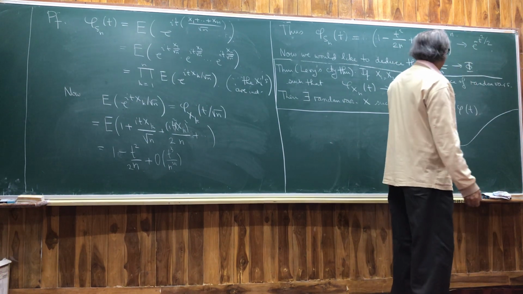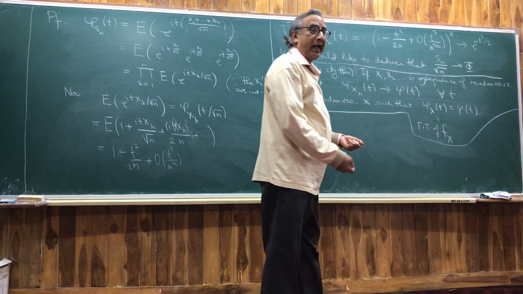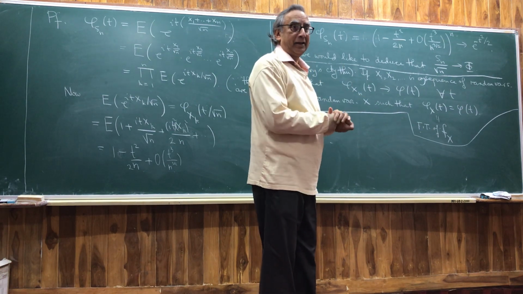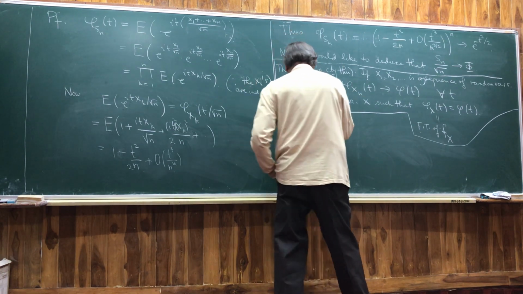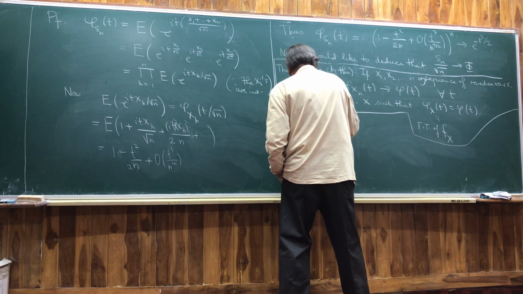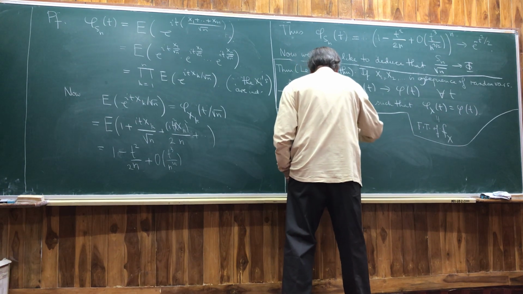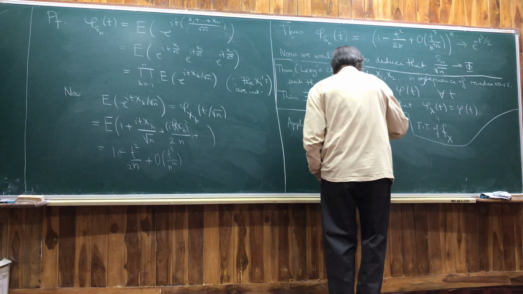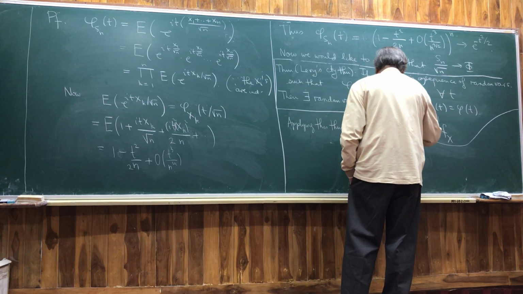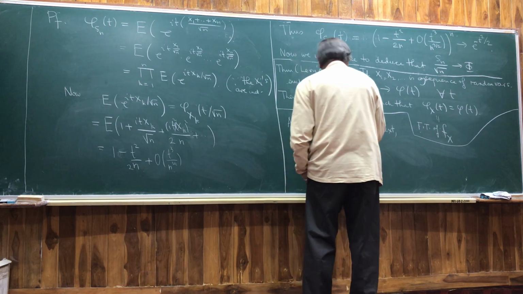Therefore, I've got my distribution in my hand. Now I can take inverse transform and say, yes, it works in that case too. So now, applying this theorem to our context, we see that